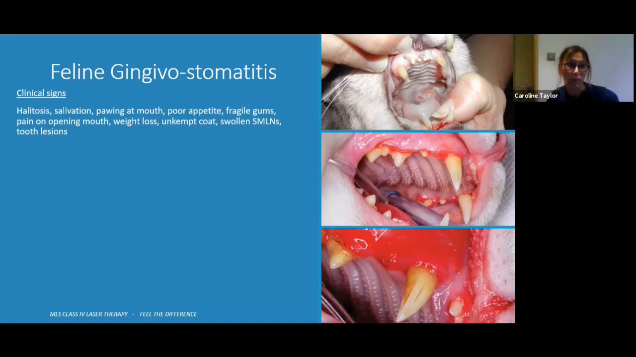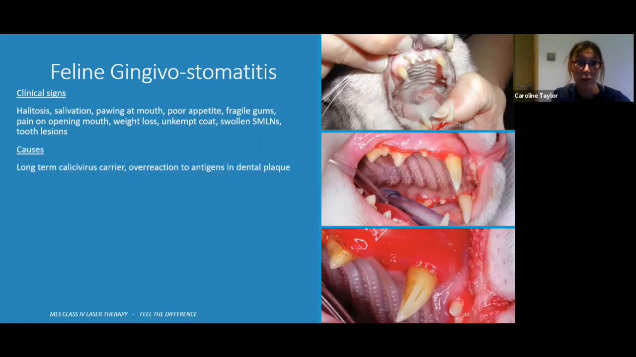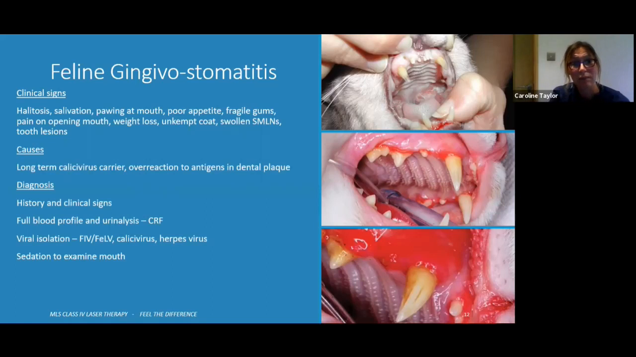Often they've got very fragile gums that bleed easily. They can be extremely painful when you open the mouth, so much so that they'll try and bite immediately. There can be weight loss and unkempt coats, which older cats can get in any case, but also swollen submandibular lymph nodes and tooth lesions. It's thought that there is a link with calicivirus being a carrier, or an overreaction to antigens within the dental plaque. So it is really important to do a full history